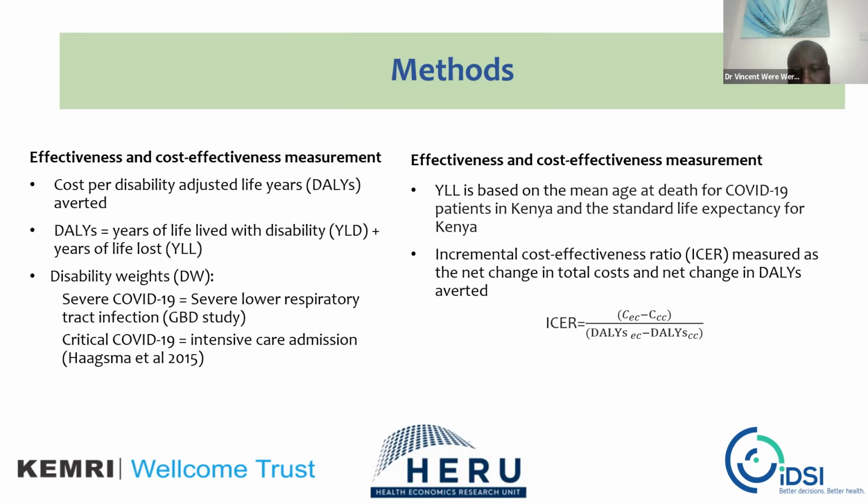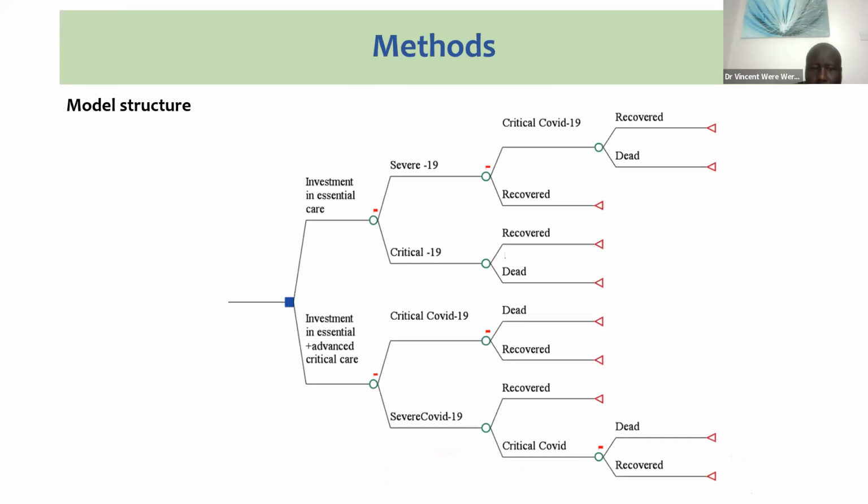So there is a ratio that we calculate in health economics, which is called the ICER, the incremental cost effectiveness ratio. That ratio is just like statisticians will calculate risk ratio, odds ratio, prevalence ratio, incident ratio. So in health economics, we calculate the incremental cost effectiveness ratio. This diagram is also common. This is what we call a decision tree for modeling this kind of work.